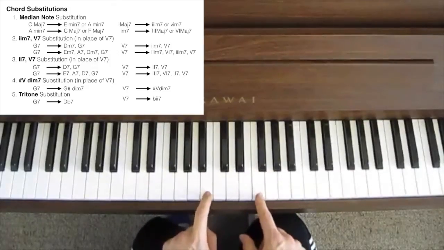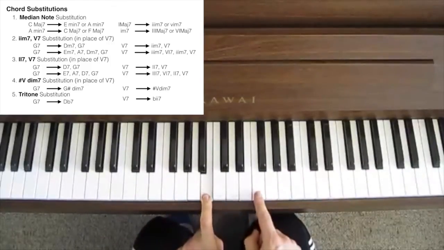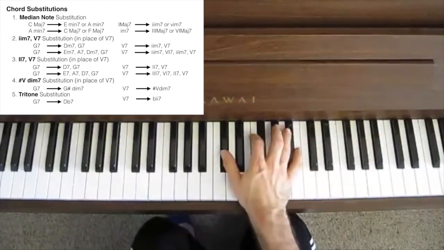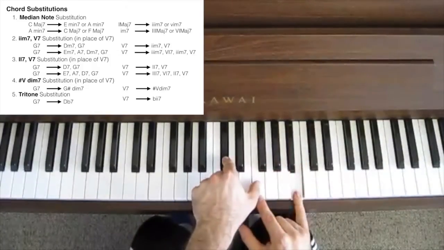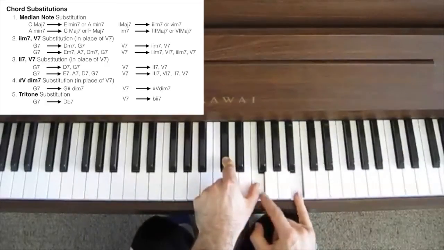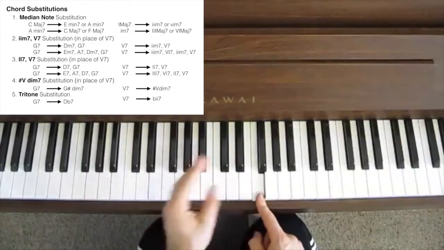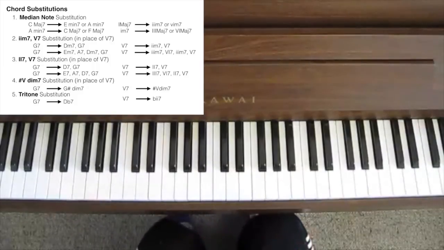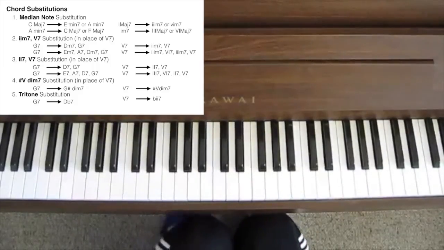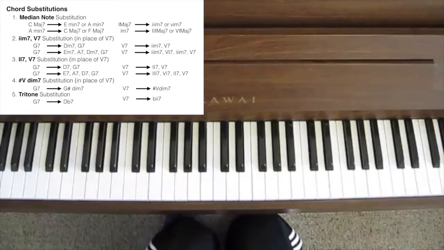Now, if you notice, the 3rd and the 7th of G7 are B and F. In D flat 7, the 3rd is F and the 7th is B. So they're the same notes, just the 3rd becomes the 7th and the 7th becomes the 3rd of the tritone substitution. And that's why it works. The important notes of the chord are still there. So using those 5 chord substitutions, you can do quite a lot and make a simple chord progression sound a